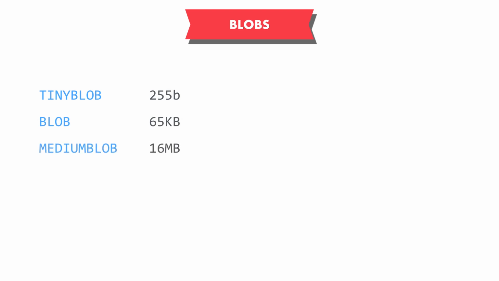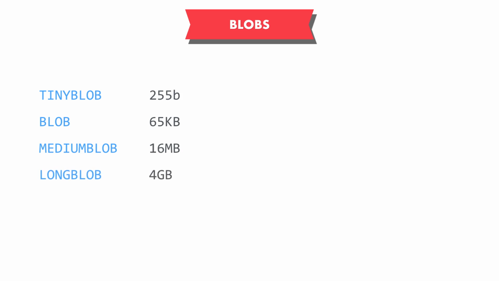We use blob types to store large amounts of binary data like images, videos, PDFs, Word files, pretty much any binary data. In MySQL, we have 4 blob types, and they differ based on the maximum amount of data they can store. We have tiny blob for storing binary data up to 255 bytes, blob for storing binary data up to 65 kilobytes, medium blob for storing binary data up to 16 megabytes, and long blob for storing binary data